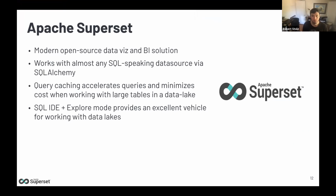Thanks for that. Absolutely. So yeah, now we're talking about Apache Superset. I imagine that most folks here are probably familiar with Superset, but just in case, let's go through the basics really quick. It's a modern open source data visualization and BI solution. It works with almost any SQL-speaking data source via SQLAlchemy. So that's one of the best things about Superset, that regardless of what your underlying data landscape looks like,